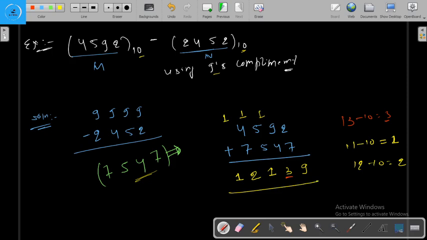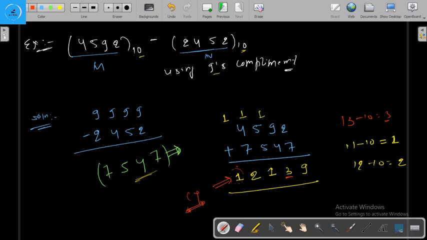Okay, 7 plus 2 is 9, 9 plus 4 is 13, 13 we are going to write 3 here, we are going to pass the 1 carry. And 5 plus 5 is 10, and 10 plus 1 is 11, we are going to write 1, and we are going to pass carry. 7 plus 1 is 8, and 8 plus 4 is 12, we write 2 here, and we will pass carry 1 here. Okay, and write 1 here. Okay, carry, this is the carry. सबसे पहले तो ये पता चले कि कैरी यहाँ पे ये है, और यहाँ पे कैरी जनरेट हो गया है।